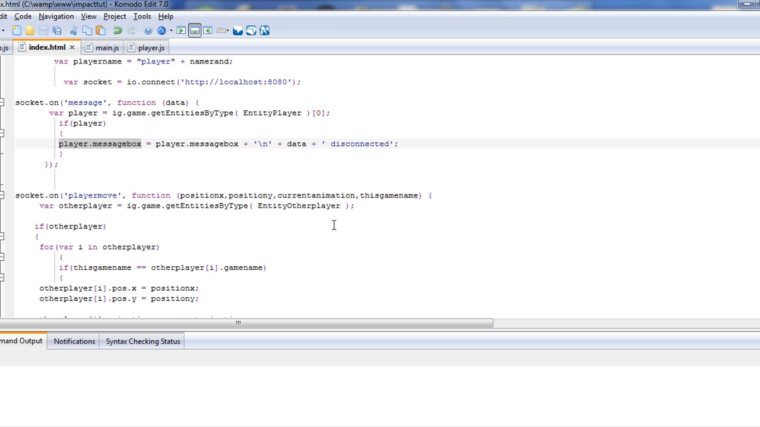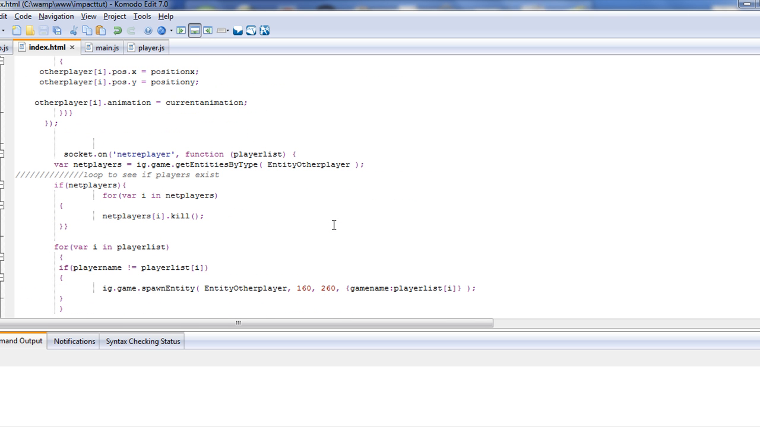That's all we're doing. Now with the net replayer, what we need to do is update all the other players. We need to get rid of that player, and then go ahead and update everybody. It's just a quick way to refresh everybody. So socket.on net replayer, we're grabbing the player list, once again grabbing an array, and we're just updating. And the one thing we need to do is delete